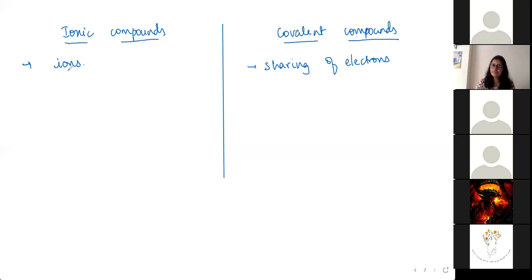And because of this one difference, a lot of things like the properties, the appearance of it, or pani mein dissolve hoga ki nahi hoga, a lot of those other things are very different between ionic compounds and covalent compounds. We won't go deep into that, but this much we'll have to discuss. Ions are basically charged particles, right? Now, kis tarah ke charges hote hain? What are the two types of ions that you guys know of?